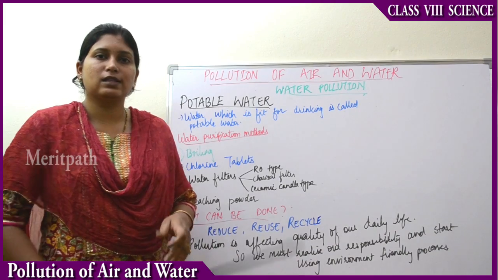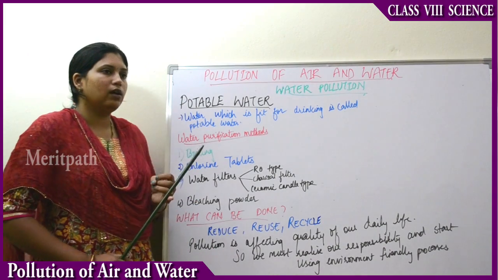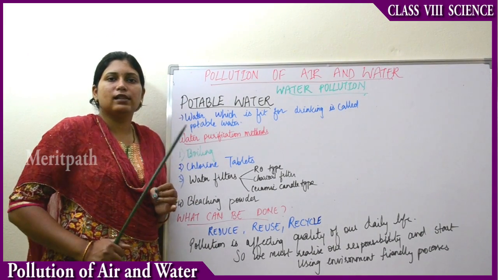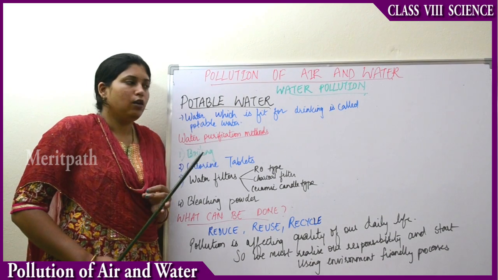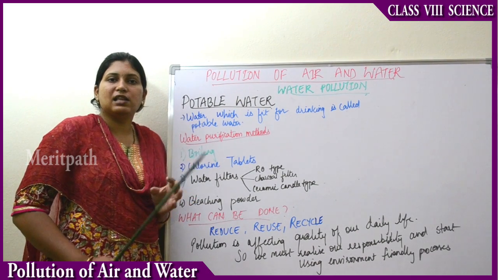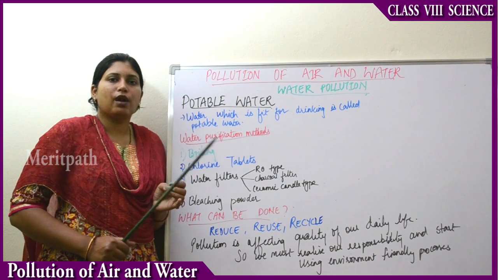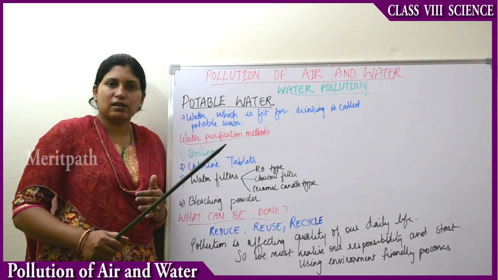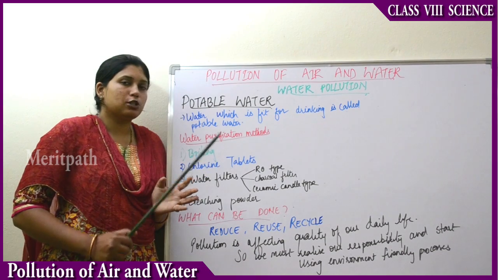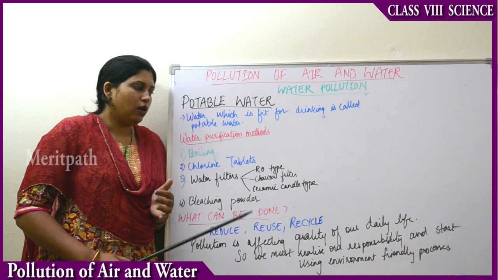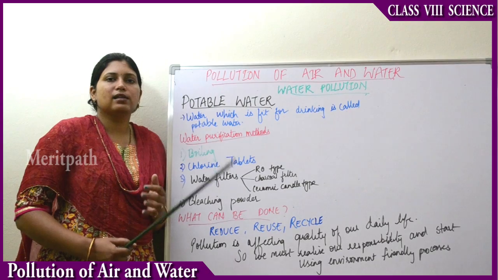environment friendly processes. We should not throw polythene covers and all these things into the surroundings, into the water. We shouldn't throw untreated sewage into the water. We have to properly recycle the waste. We have to separate the dry waste and wet waste, and we have to properly dispose of the waste also. So all these things, if we start realizing and start following,